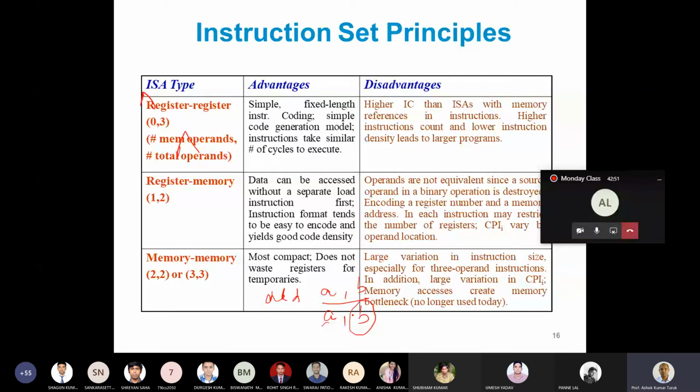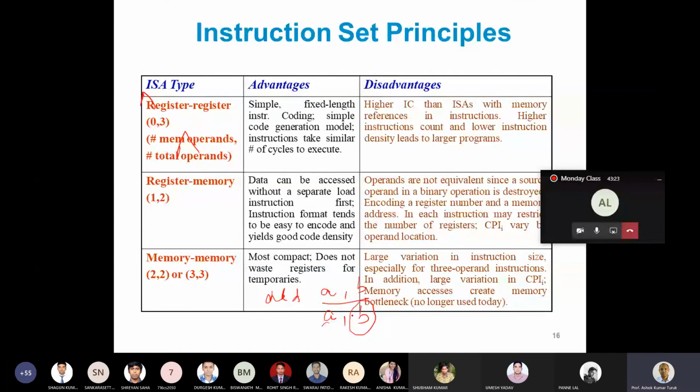With the memory architecture, the architecture is the most compact. The code density is very low, so it is more compact and does not waste registers for storing temporary variables. But the disadvantage is the large variation in the size of the instructions.